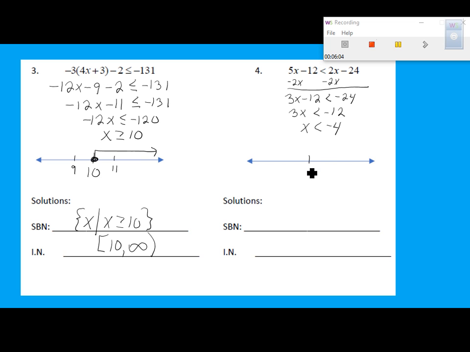On my number line, negative 4, open dot, everything to the left. Put your two integers around that number, which happens to be negative 3 and negative 5. Set builder notation, x such that x is less than negative 4. Interval notation, I'm coming in from the left, negative infinity to negative 4,